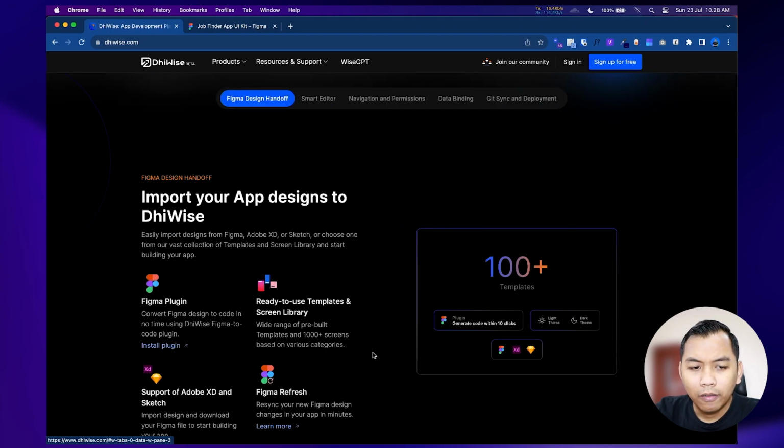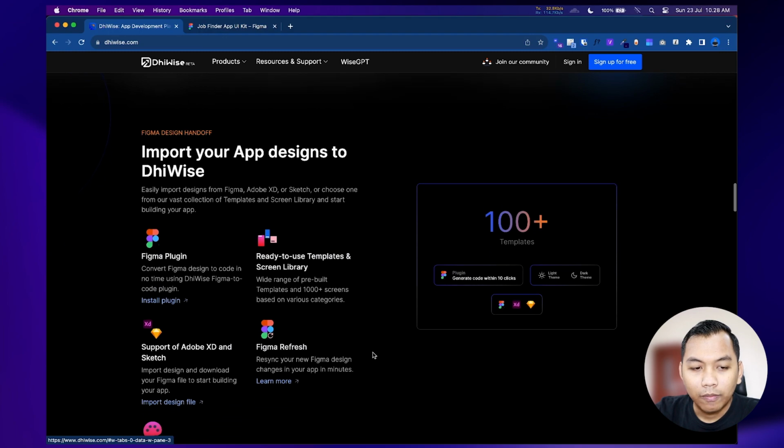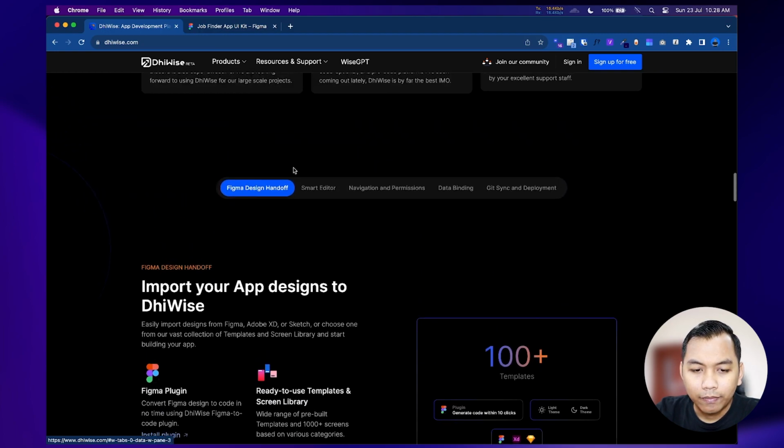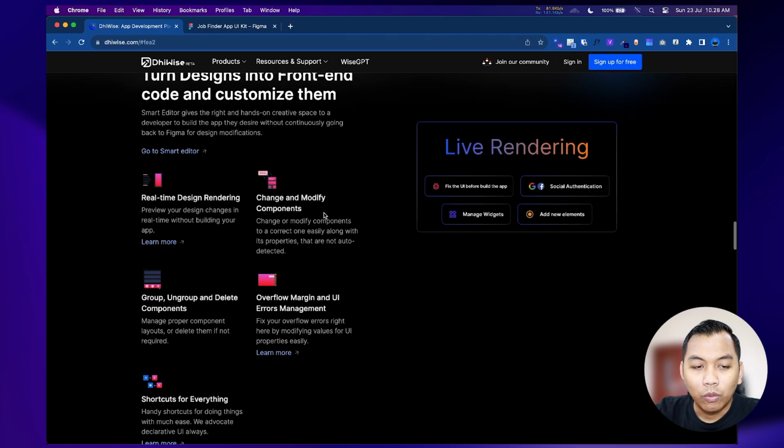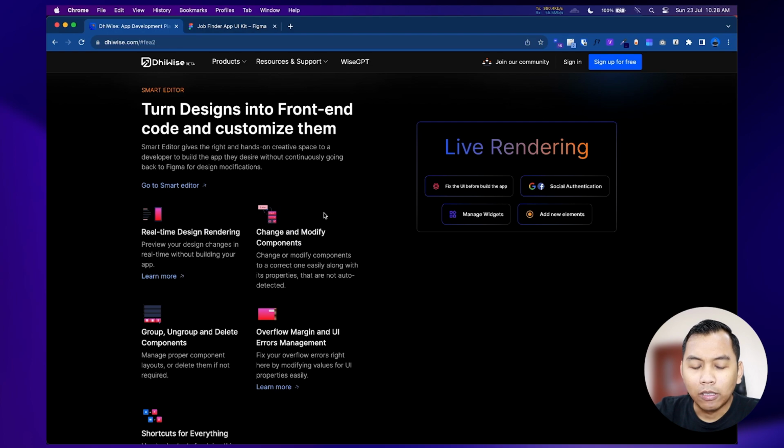So here we can import our design, which is from Figma, Adobe XD, or Sketch, and then convert it into Flutter or React. Also, Device has a Smart Editor, which is live rendering, and we can see before and after.